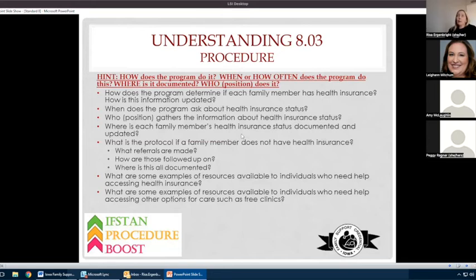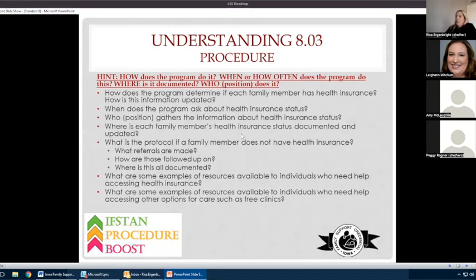So a lot of times a lot of programs enroll mom while she's pregnant and maybe has access to Title 19, but then after she delivers the baby, maybe loses that access, and so we need to consider updating those things as well, because it might be necessary maybe every 6 months. Maybe every 6 months you do kind of like an update on the family's information to make sure you've got current information documented, like maybe health insurance is included in there.